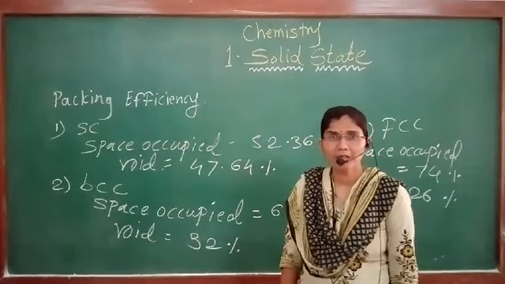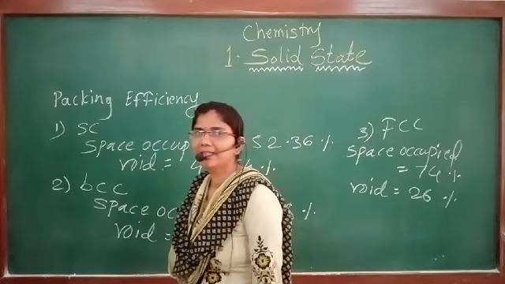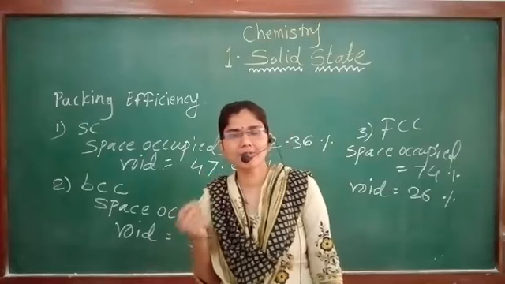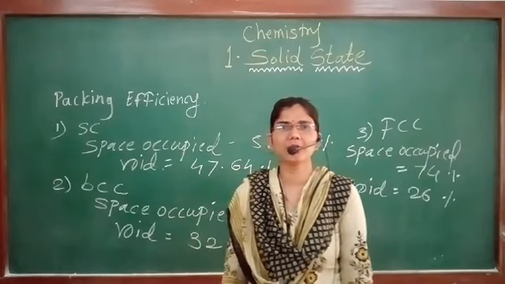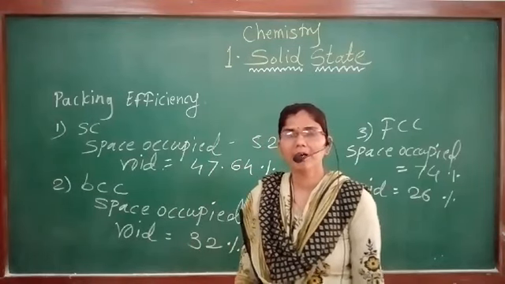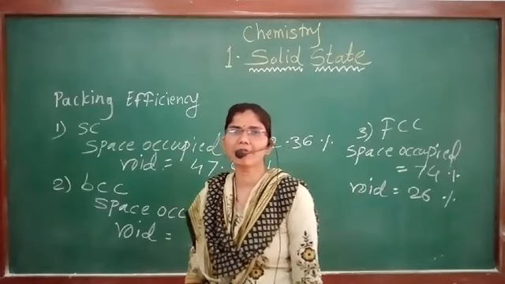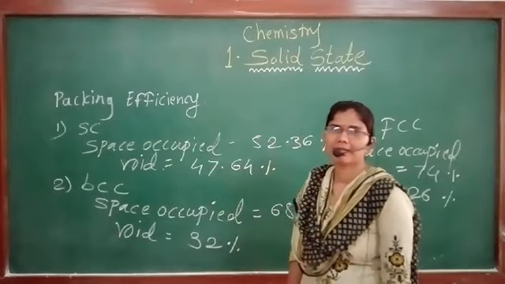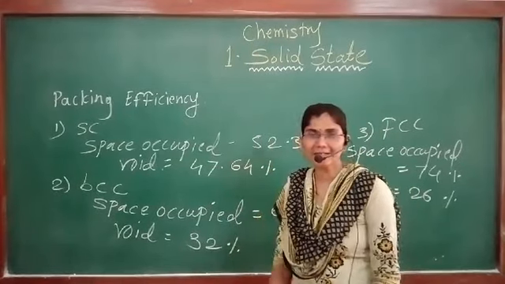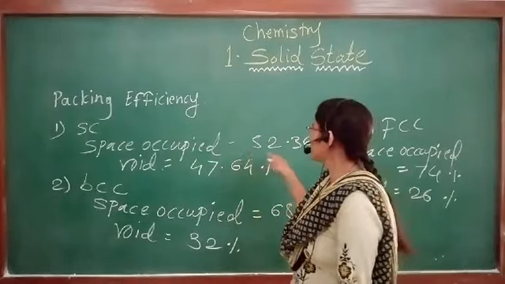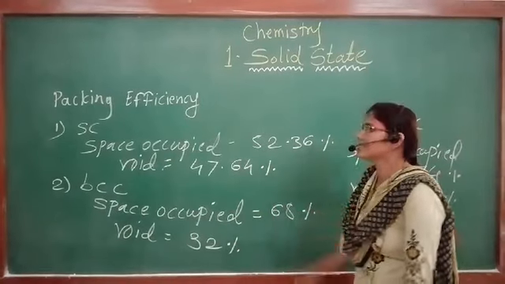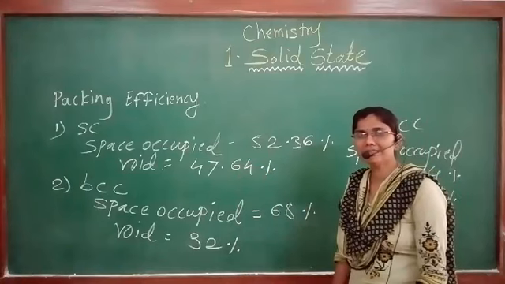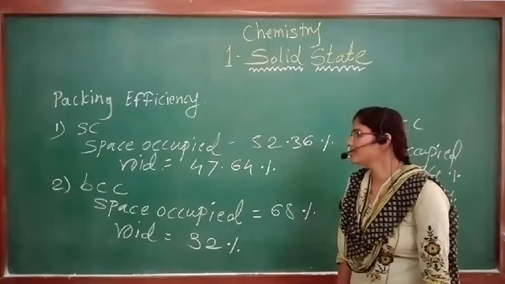As we know, for the simple cubic unit cell, the number of particles, n, is equal to 1. Therefore, when the simple cubic unit cell is formed, the space occupied by one sphere, that means one particle, is equal to 52.36%,